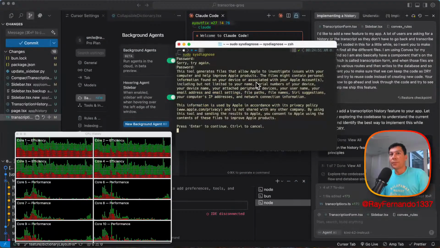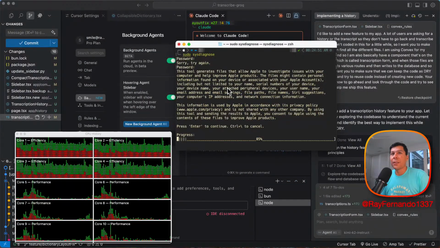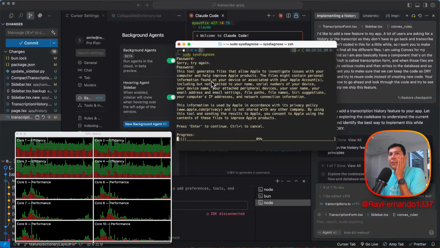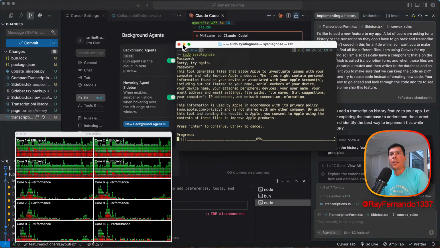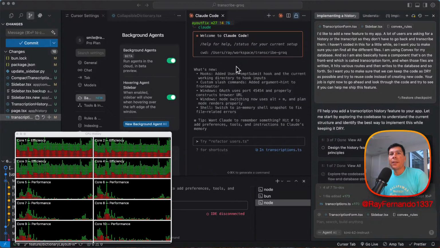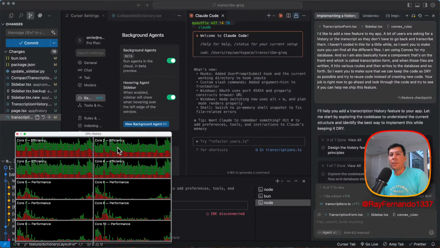I don't remember my password. Okay, cool. I do remember my password. Sweet. Okay. So once I put in my password, I hit enter and it's going to run its thing. It'll save it to a file and then I'll basically zip it up and send it over to those folks so they can help me fix the bug. Okay, now we're back in business, ladies and gentlemen. So yeah, you can see my computer's just going badonkers right now.